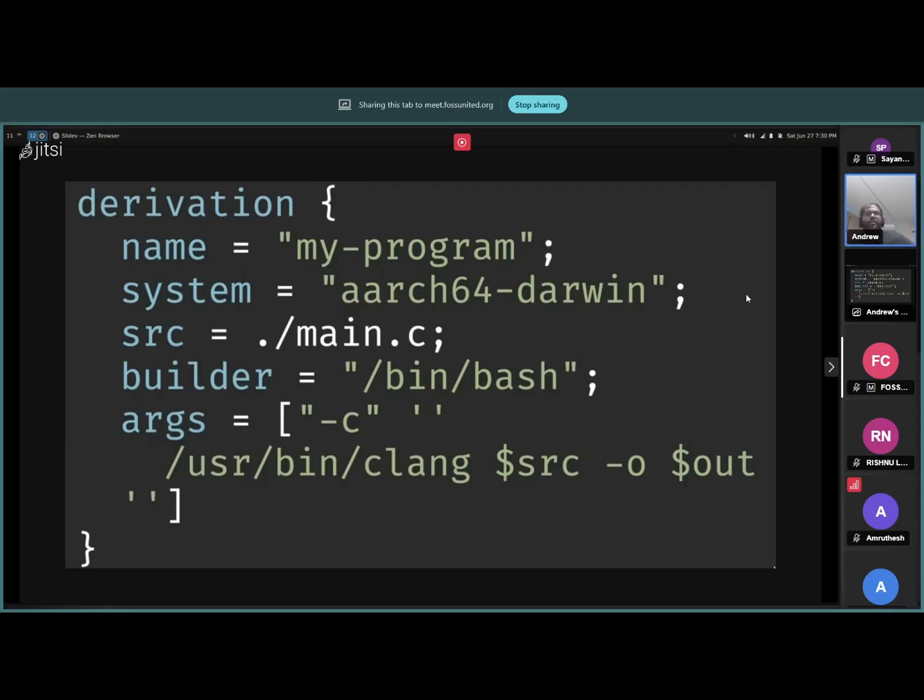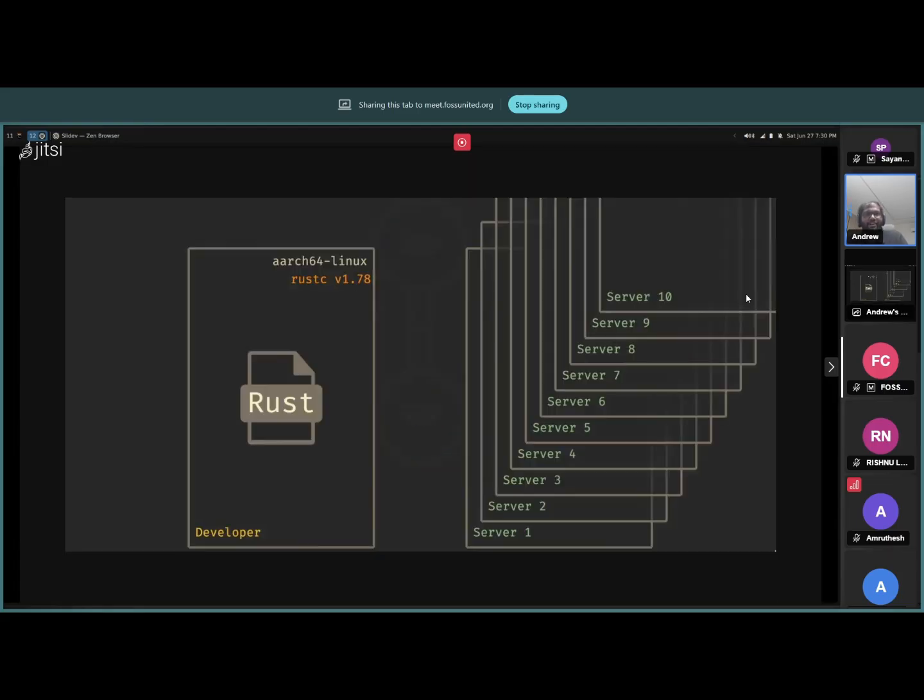on any machine that can compile an aarch64 Darwin binary, and it will do that operation, and it will be the exact same operation whether it runs on my computer or on your computer. So much so that if you install Nix on your machine, for example, Fedora's repositories come with Nix. You can do dnf install nix, and then Nix will be there. You will have to enable something called Flakes. In Fedora, I think it's enabled by default, but some other distros might not. Arch also should have it in the AUR probably, or maybe even in the main repos. But if you install Nix there, you can even run this talk.